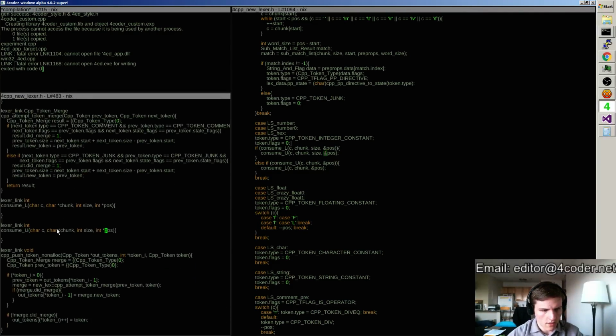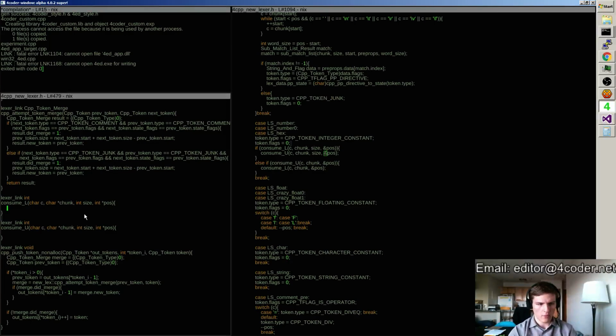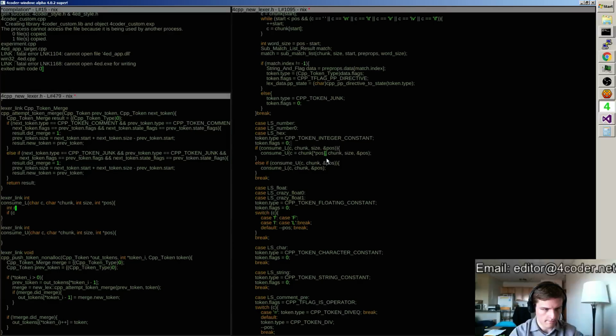Okay, so now the idea is if I'm consuming an L, then what I'll do is I'll say, look, if C, and what I should do here is do that C equals chunk position. Yeah, okay, got it. Okay, so if C equals L,